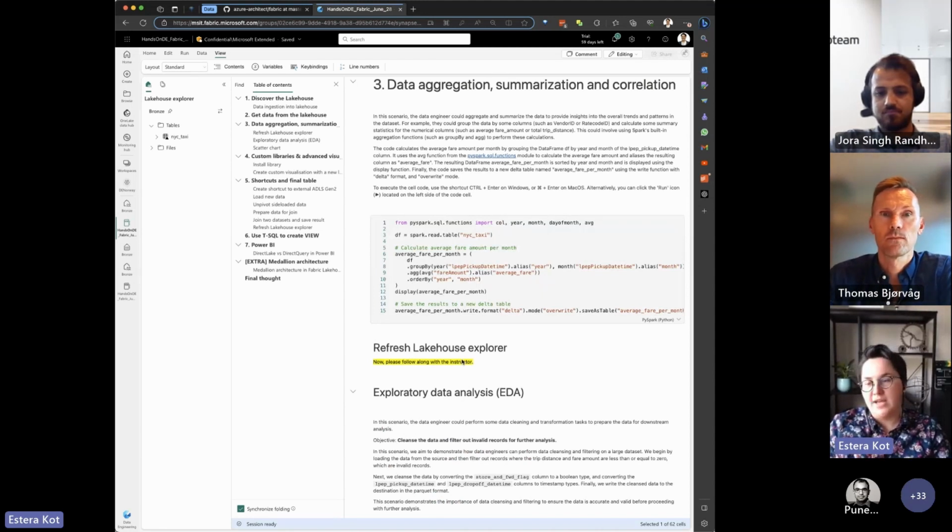Now the exercise about data aggregation, summarization, and correlation, meaning as a data engineer, we want to do exploratory data analysis. Maybe we should start with an introduction to what kind of data we are processing right now. I am using New York City taxi data that reflects when, not who, but when, which vendor, which cab was driving, and what was the price, so the fare amount, was there any tax?